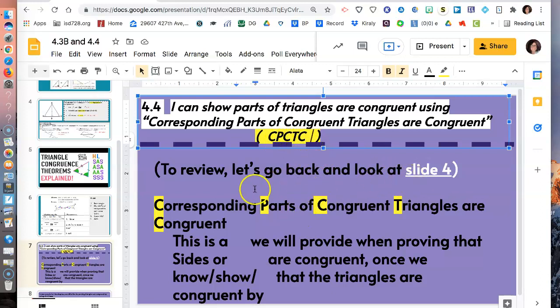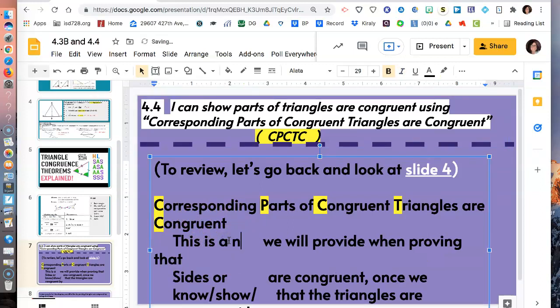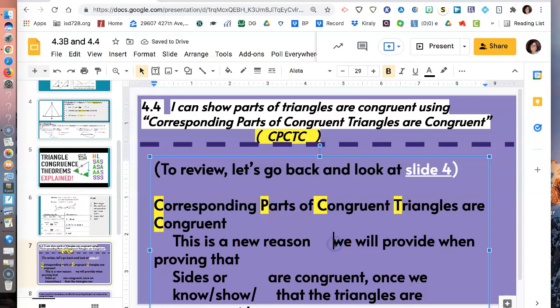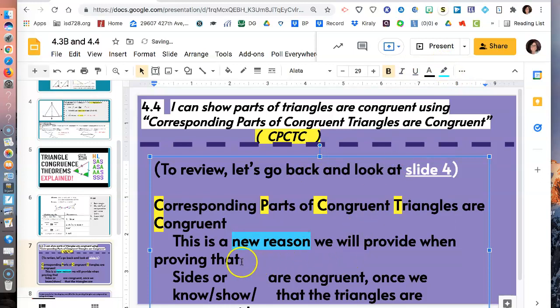Okay, and we already did the review, so we don't need to go back. So, what this is it's a new reason. So let's write new reason. Let's highlight that so we know we added it. Make it all nice and neat. Notes are short today. This is a new reason we will provide when proving that